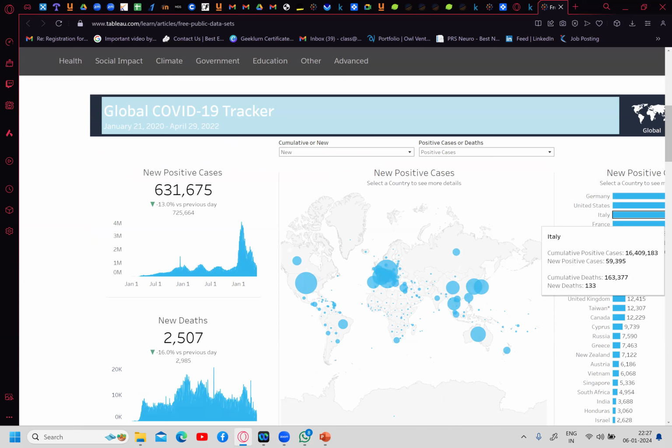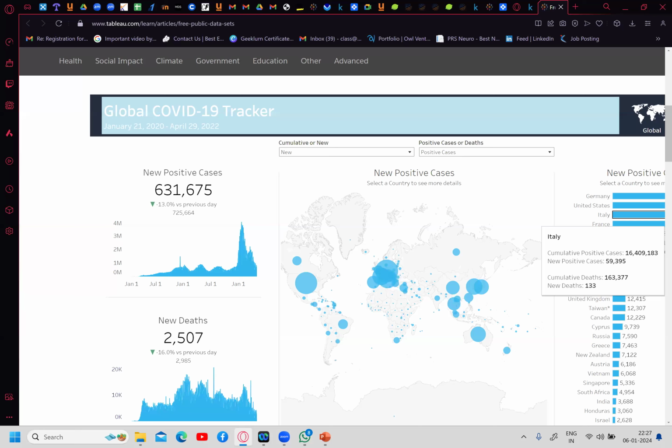What the data analyst is doing: he has collected the raw data of COVID over the past years. He cleaned the data and stored the data in a data warehouse. Then he is using certain analytical tools in order to predict the COVID situation. He is using some analytical tools to visualize, put into graphics, and make us understand how many cases are increasing day by day or reducing day by day, so that we can take better decisions. Now, there is a recent buzz again,